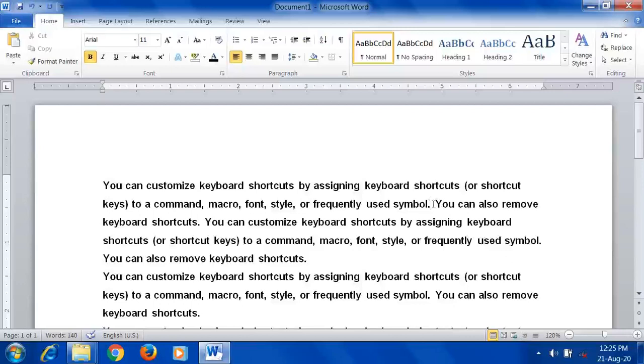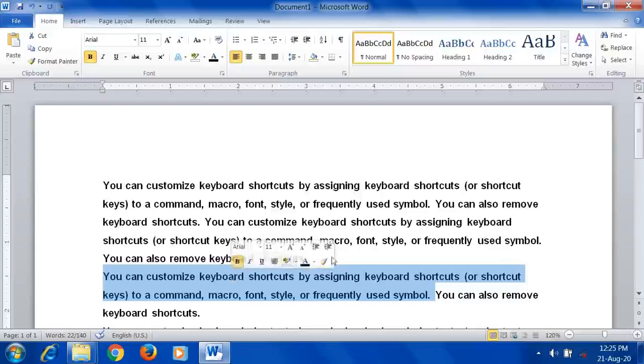Hold down the control key and click anywhere in the sentence. See, now it got selected till here because the sentence ended with a full stop. The sentence started from here and ended here. Now I hold the control key and click here, so only that portion gets selected because that is one sentence. Simple method: hold down the control key and click anywhere on the sentence you want to select, and that sentence gets selected.